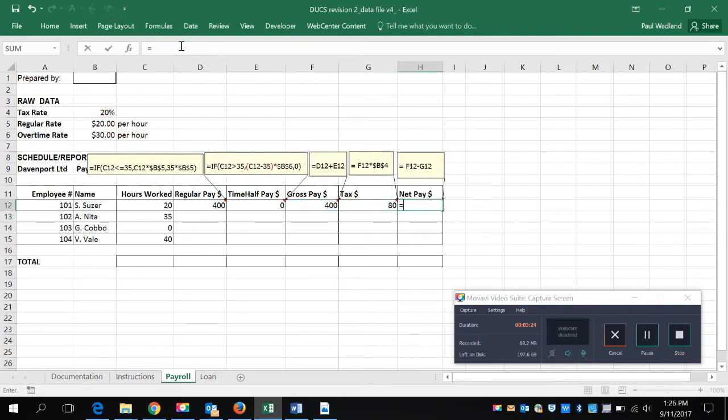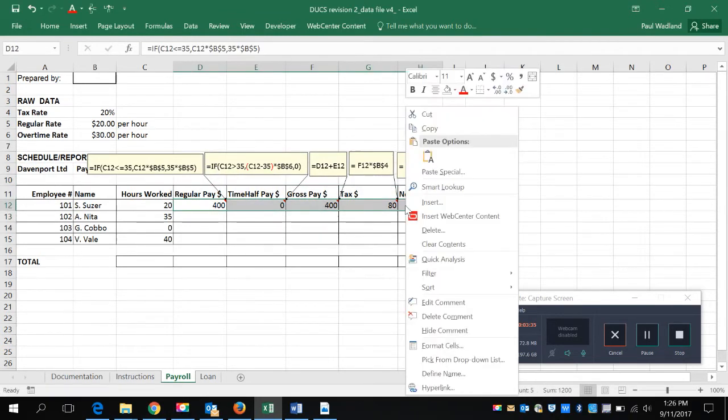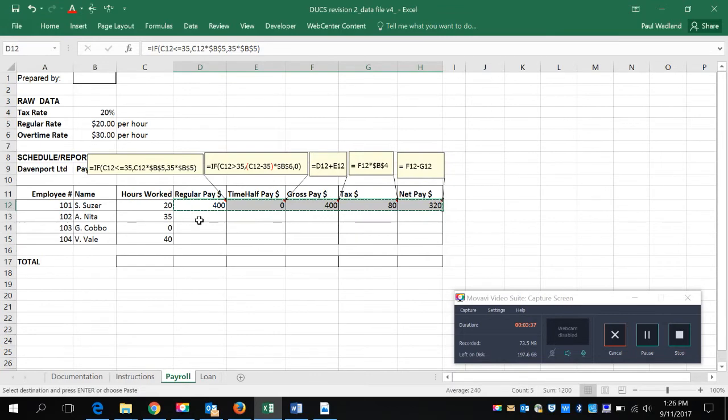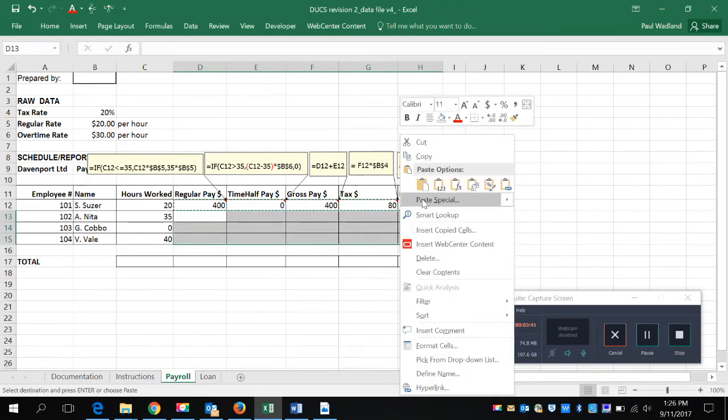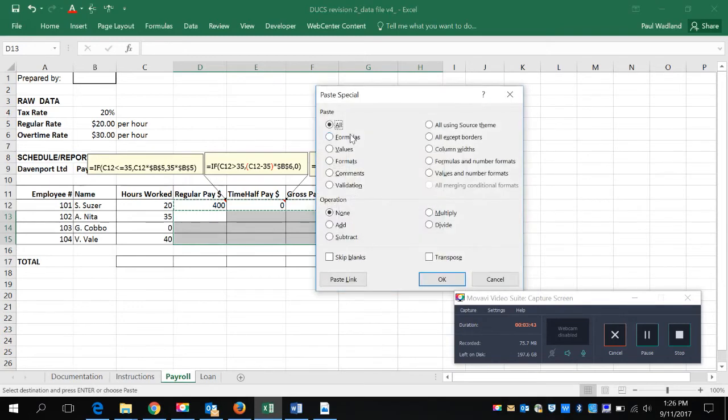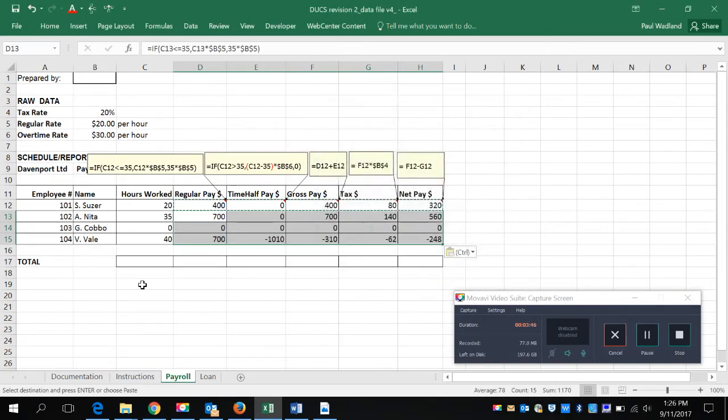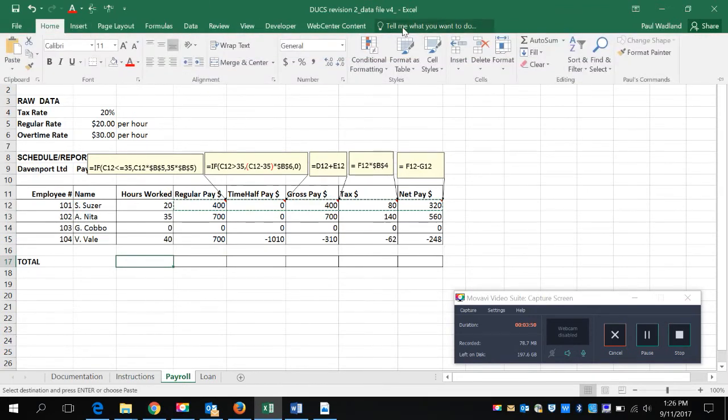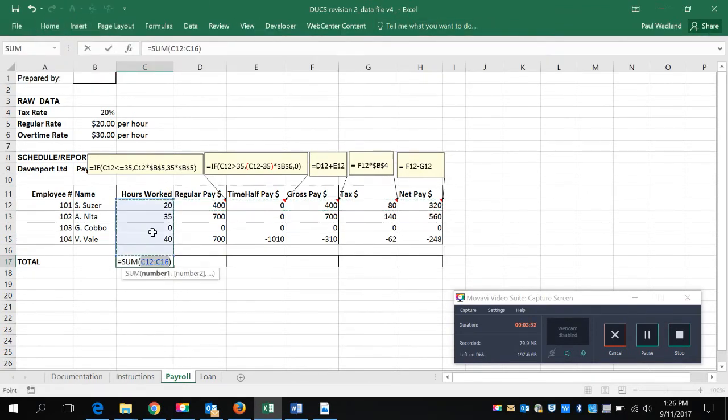Net pay will be our gross pay less tax. Okay, once I'm at this stage, highlight the cells, right click, copy, right click, paste special formula. Now, summing up, auto sum,